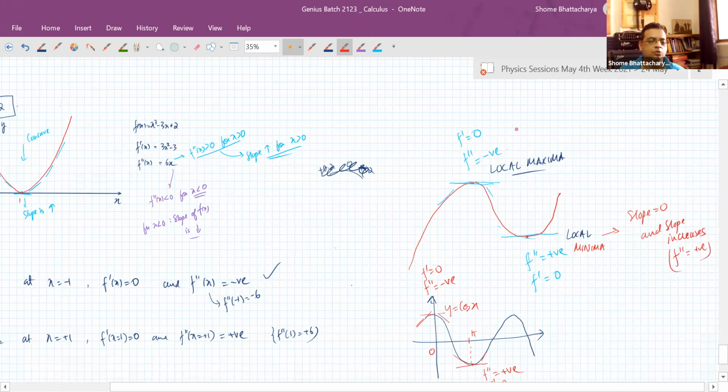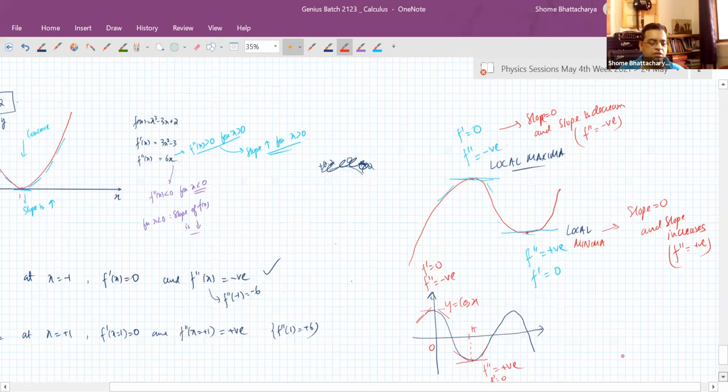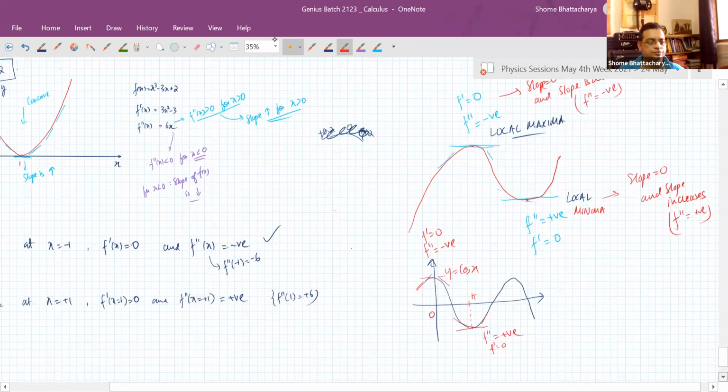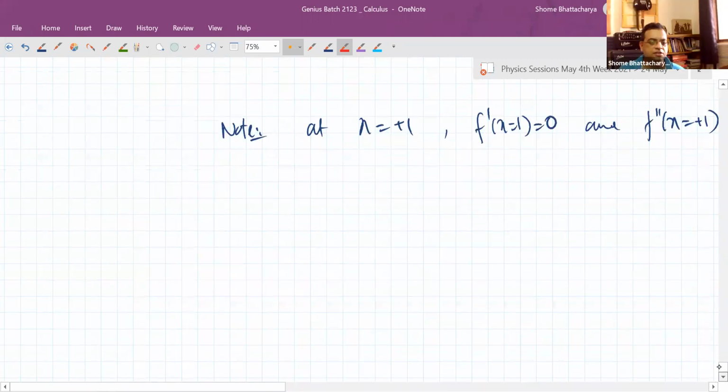Whereas this is a point where slope is 0, but slope is decreasing. So that's why my second derivative is negative. So hope this is clear now, this definition, right? Okay. So from this we can generalize and say that if I have any function given to me,